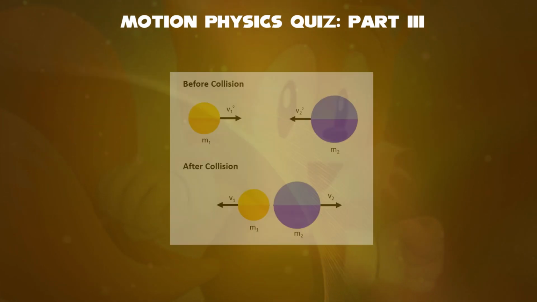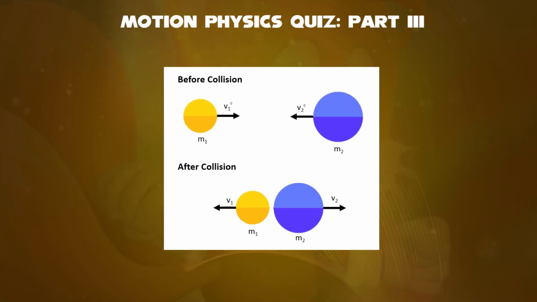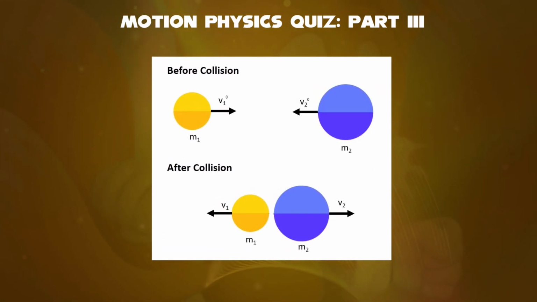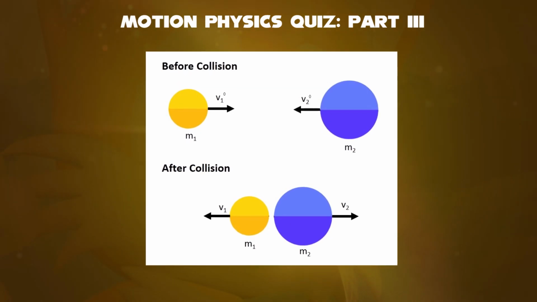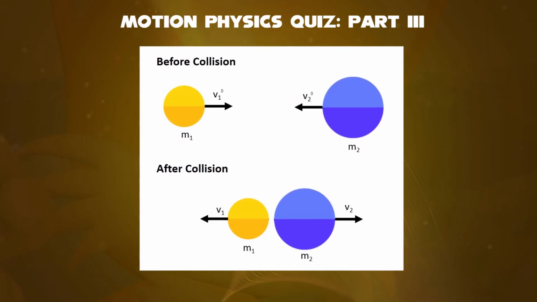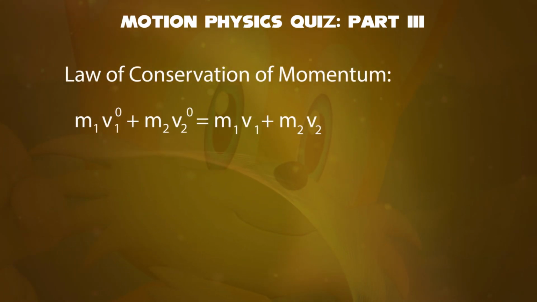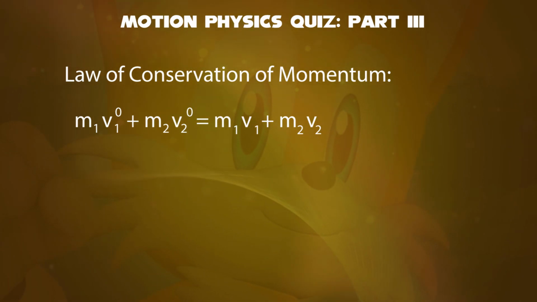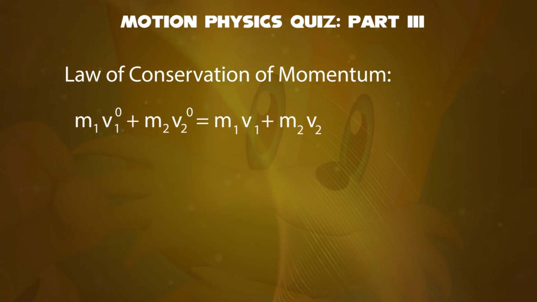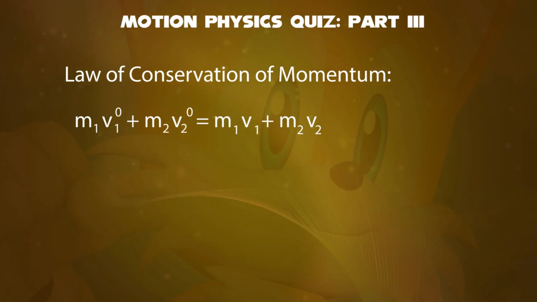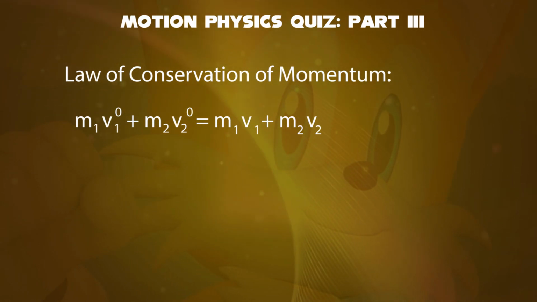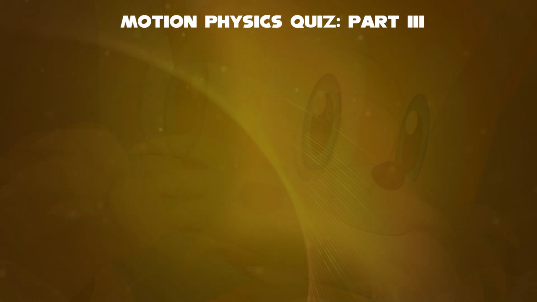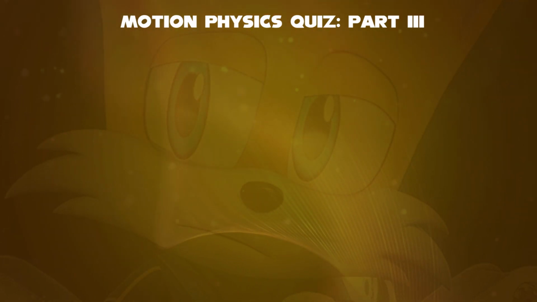The law of conservation of momentum states that in a closed system, the total momentum of the system remains constant. This means that the momentum before an event is equal to the momentum after the event. The formula in general is given by m1v01 plus m2v02 equals m1v1 plus m2v2, where m1 and m2 are two different masses with different velocities before and after. So, this video is about motion physics